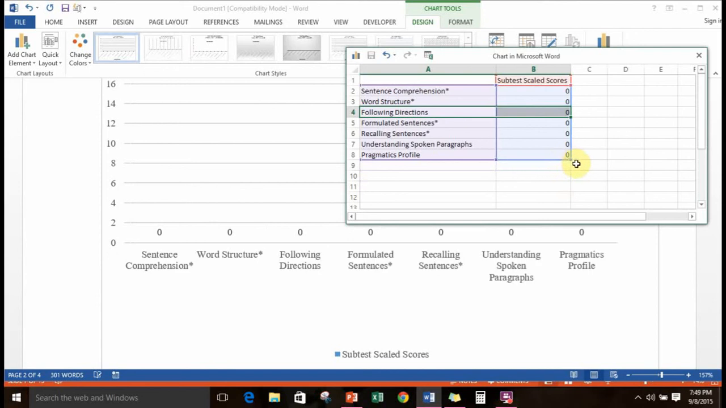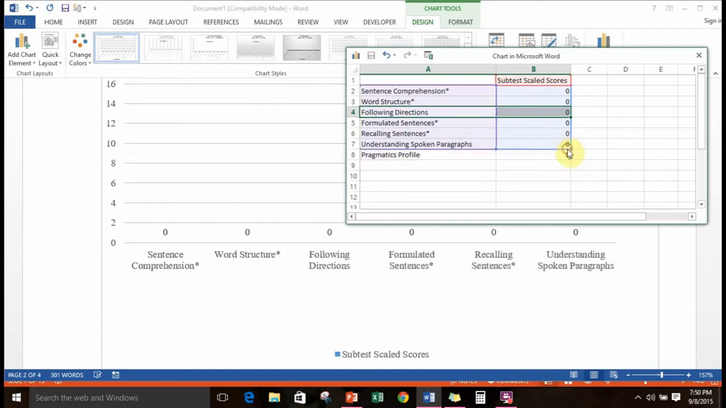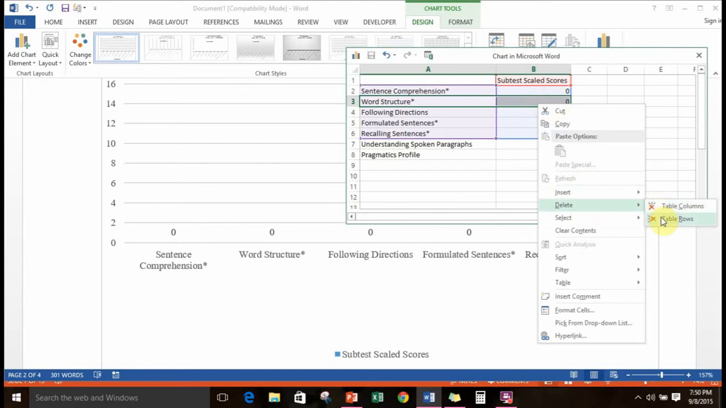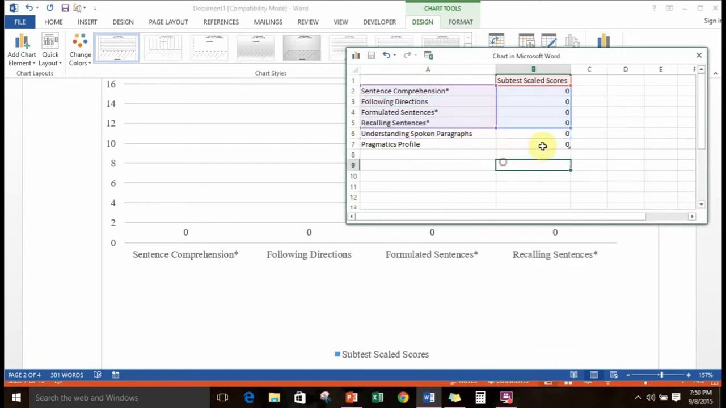But you can also go in the other direction, and if you go up, Pragmatics profile doesn't show up down here. See this understanding spoken paragraphs? If you click over here with the double-headed arrow and you move up, then that doesn't show up either. So these are two different things that you can do to play around with the bar graphs. You can delete some of these different labels by highlighting, right-clicking, and delete table rows. And then you can also expand and decrease the field that shows up